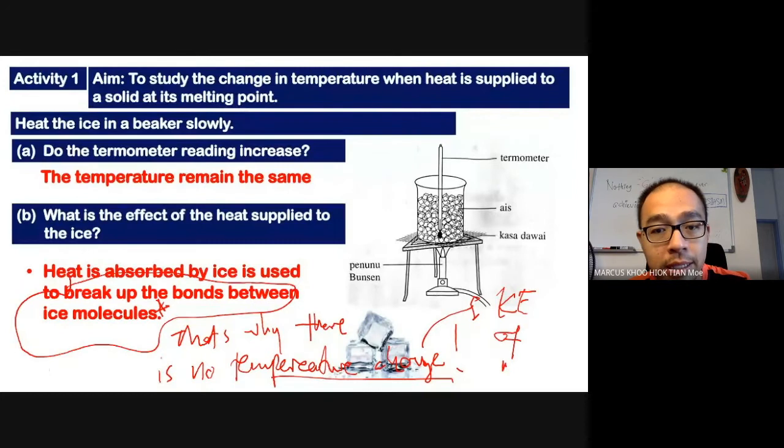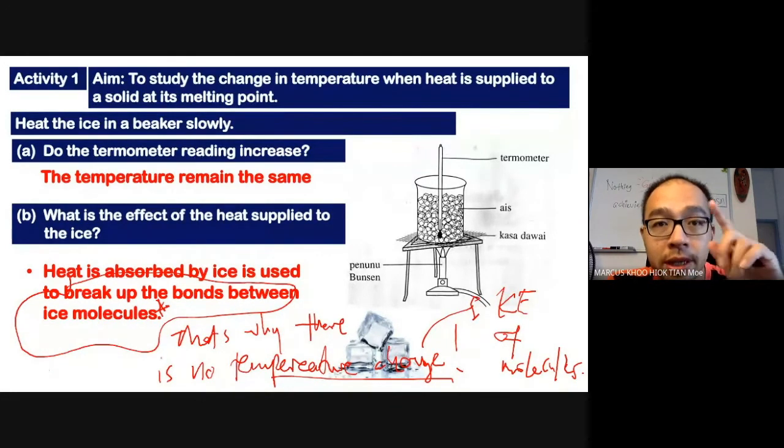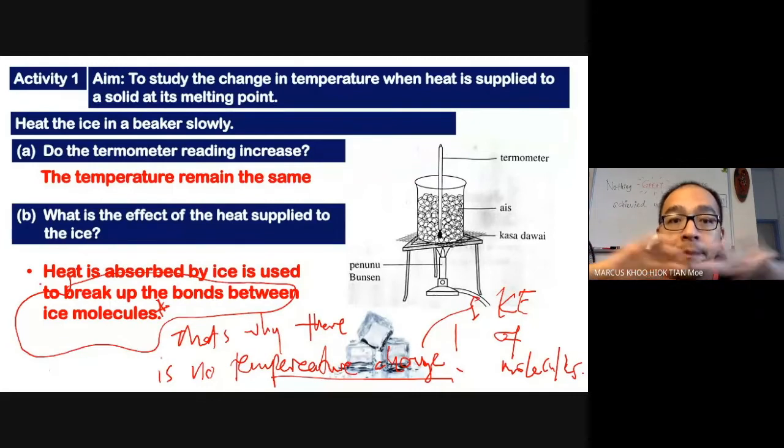When the temperature increases, it is because the kinetic energy of the molecules is increasing. But if there is no temperature change and we are still providing the heat, therefore we can conclude that the heat is being used to break up the bonds between the molecules